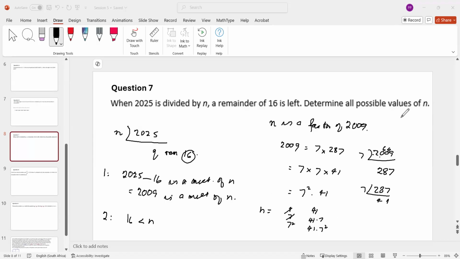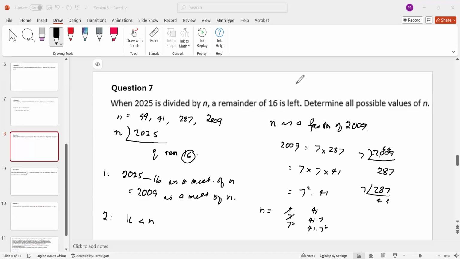So therefore, the possible values for n are, I'm going to write down the answers here: 7 squared, which is 49, 41, 41 times 7, which we saw is 287, and 41 times 49, which gives you the whole number 2009. So there are 4 possible values